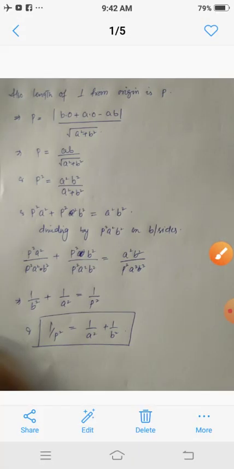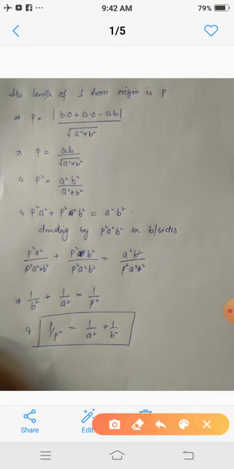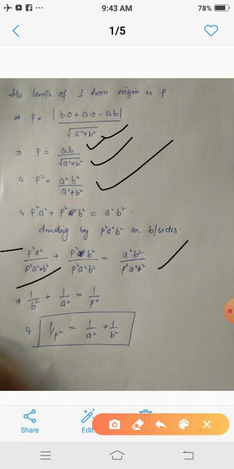Now it is given that the length of the perpendicular from the origin is p, which implies that p equals, by using the distance from a point to a line, modulus of b into 0 plus a into 0 minus ab upon root of a square plus b square, or p equals ab upon root of a square plus b square. Now squaring, p square equals a square b square upon a square plus b square. By cross multiplication, and by dividing on both sides by p square, a square and b square, we get